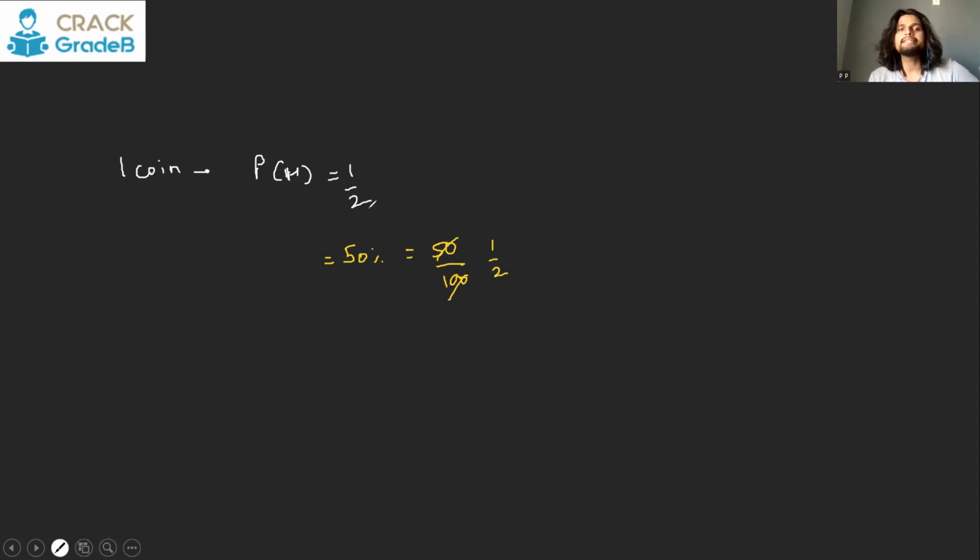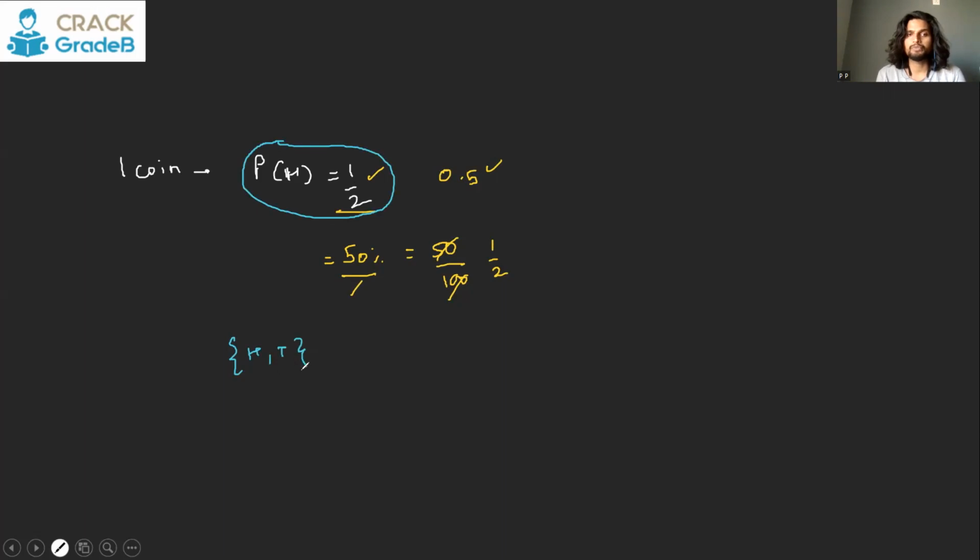So basically, probability, when we write it in fraction form, is nothing but the chances. Even if you answer 50% is the probability of getting head, it's again a correct answer. It won't be a wrong answer. If you say 0.5 is the probability, that is again a correct answer, because 0.5 means 1/2 means 50%. Everything is the same. But in general, we write probability in terms of fraction, because when you toss a coin, there are two possible outcomes. Either head will show up or tail will show up.